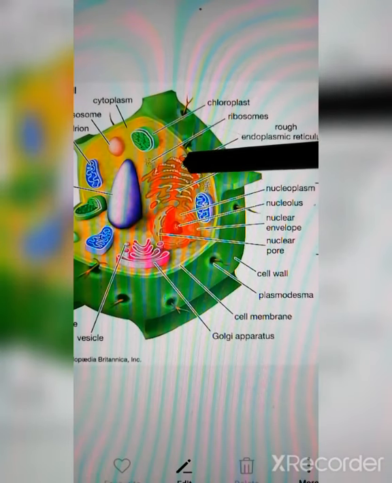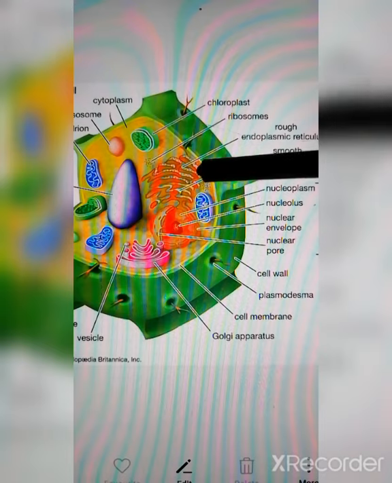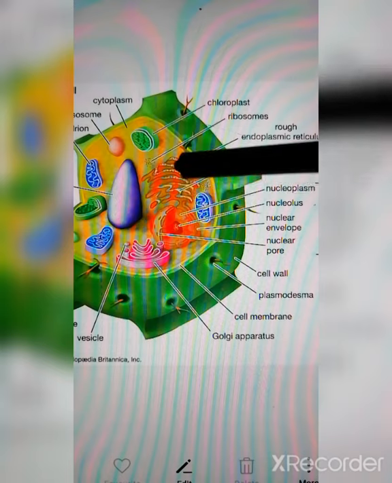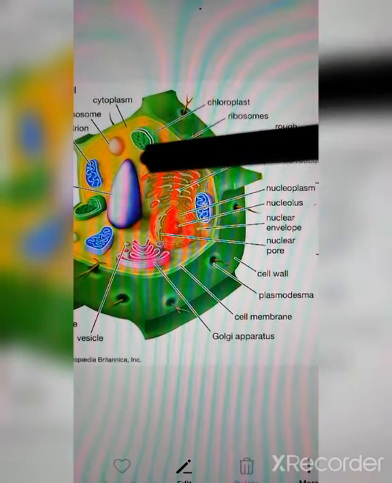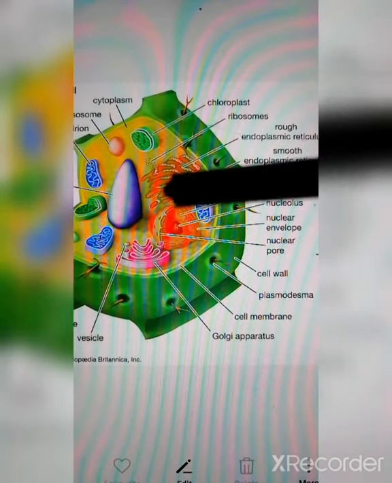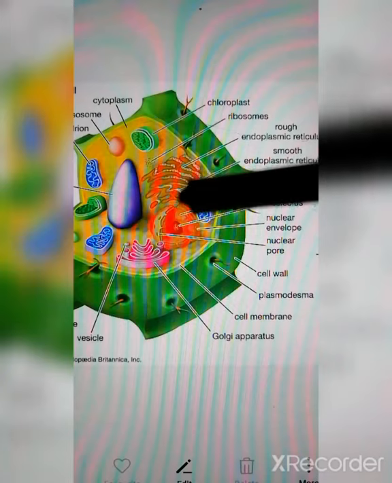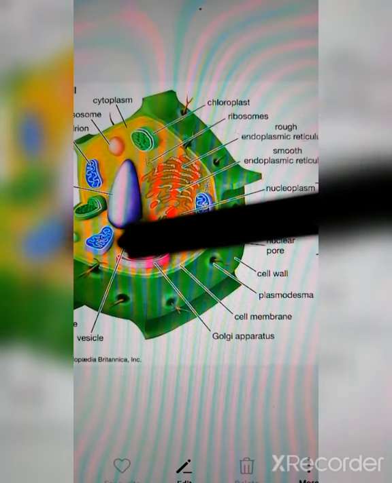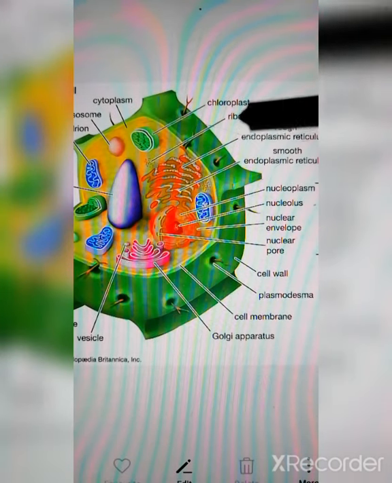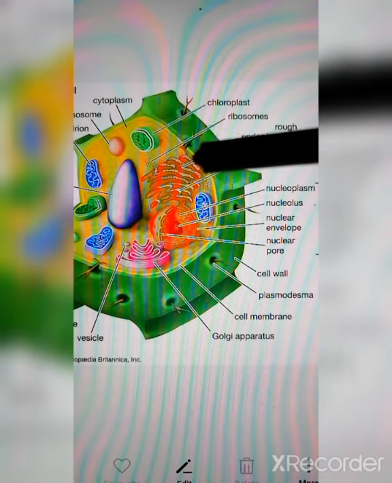The important function of the endoplasmic reticulum is that it produces different fat molecules, proteins and lipids. It supplies these to different other organelles within the cell when they are required. According to the requirement, the endoplasmic reticulum supplies different kinds of proteins, lipids and fat molecules. The smooth endoplasmic reticulum also plays a key role in detoxifying different kinds of poisons and drugs.